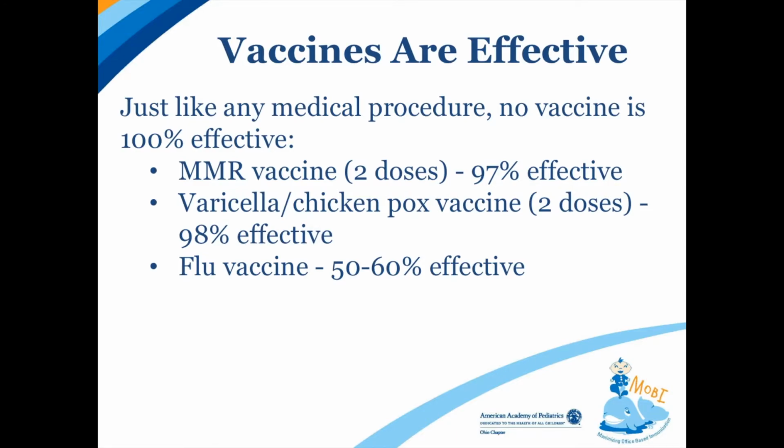The varicella chickenpox vaccine, after 2 doses, it's 98% effective. So the risk of damage to your body is almost nil. You might have, and Beth's going to talk more about this, redness or soreness at the site. But you are then on the back end 97% effective, preventing them from getting a disease